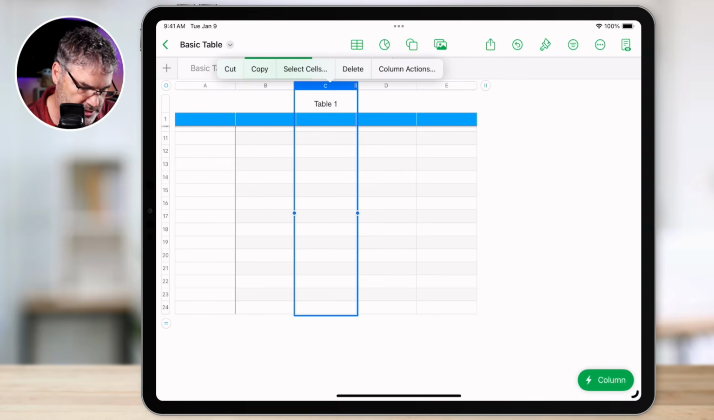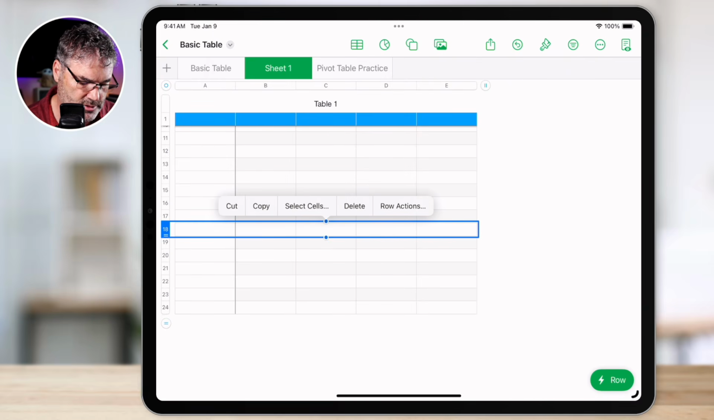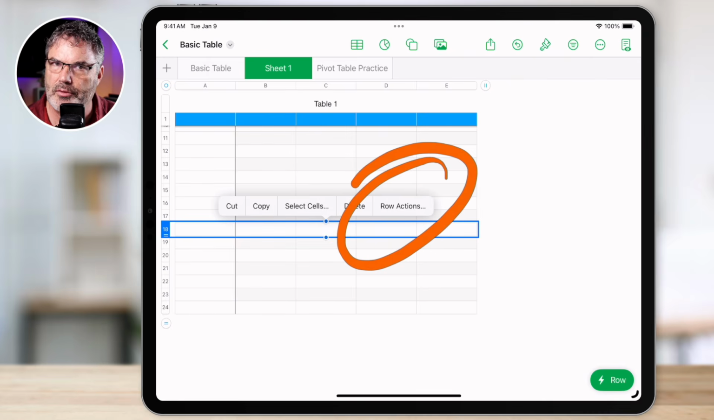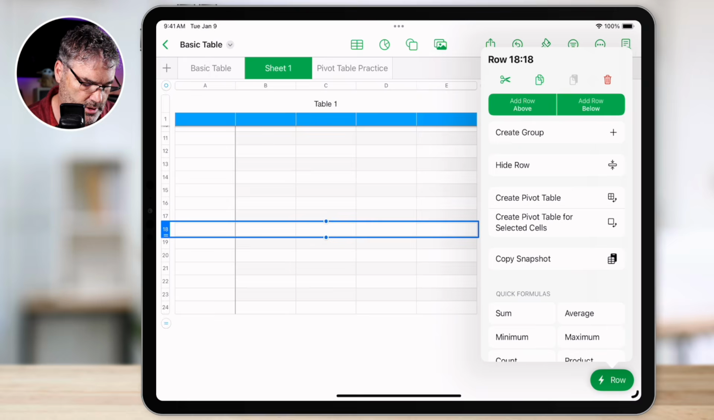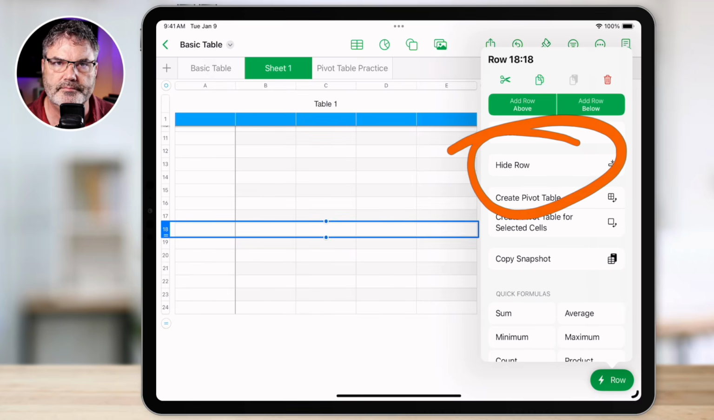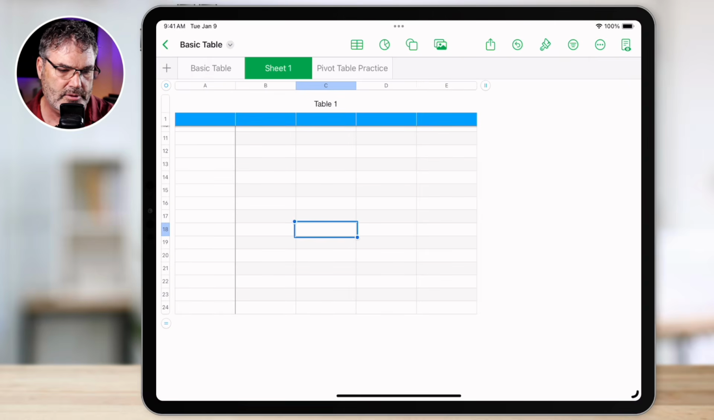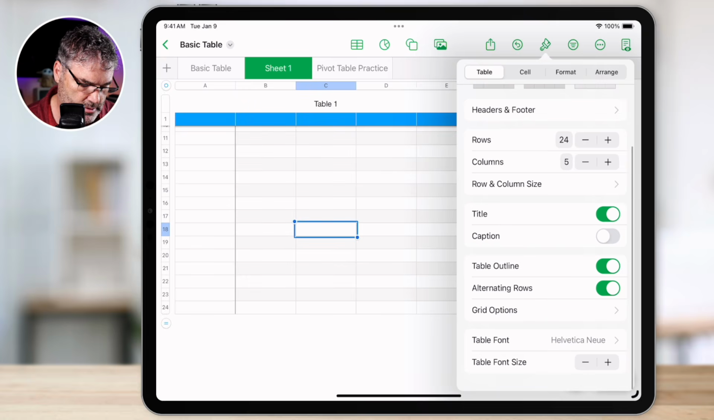And of course you can do the same thing with rows. So I tap on a row, guess what you're going to see? Row actions. What do you think we're going to see when I tap on row actions? The option to add a row above it, add a row below it, or even hide it. And then, if we select the table, the last thing we can do when we tap on the paintbrush again, in addition to working with rows and columns and our headers, we can also add the